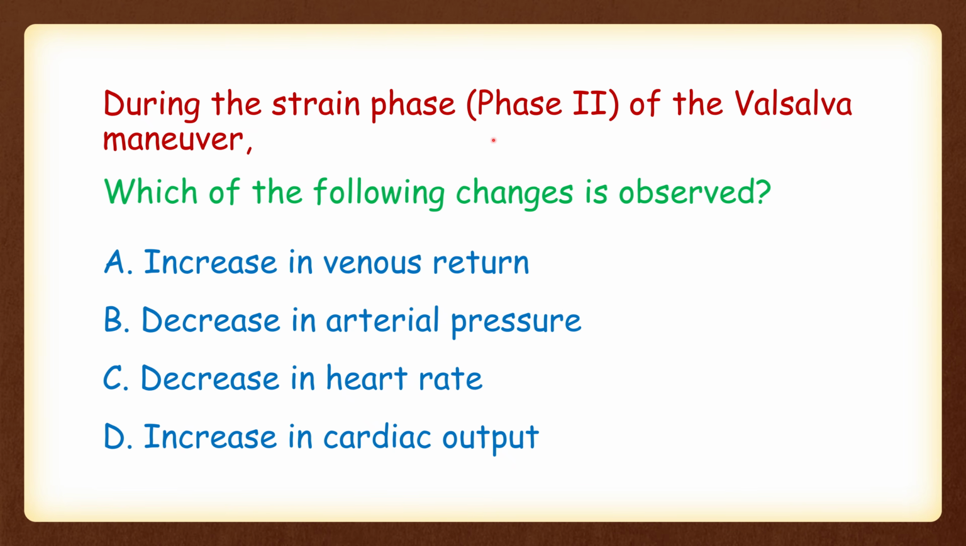During the strain phase, that is phase 2 of the Valsalva maneuver, which of the following changes is observed? Here the intrathoracic pressure is going to increase much. So definitely option A is wrong because there is decrease in venous return. So decrease in arterial pressure is the correct option, because of the decrease in venous return, there is a decrease in arterial pressure. Option C is incorrect because, because of the decrease in arterial pressure, there will be increase in heart rate by reflex tachycardia, and because of the decrease in arterial pressure, there will be decrease in cardiac output. So the answer is